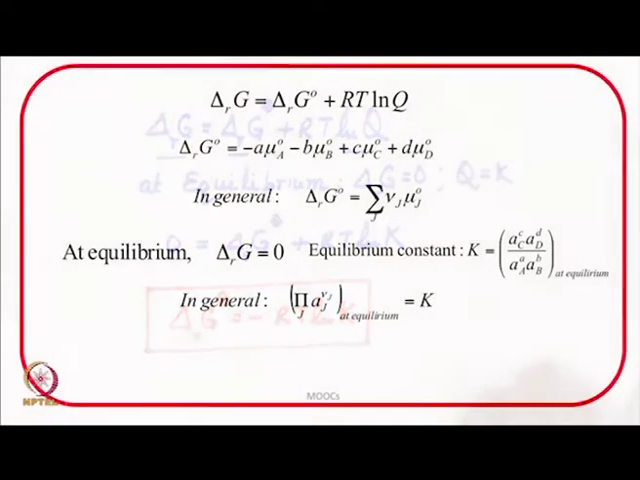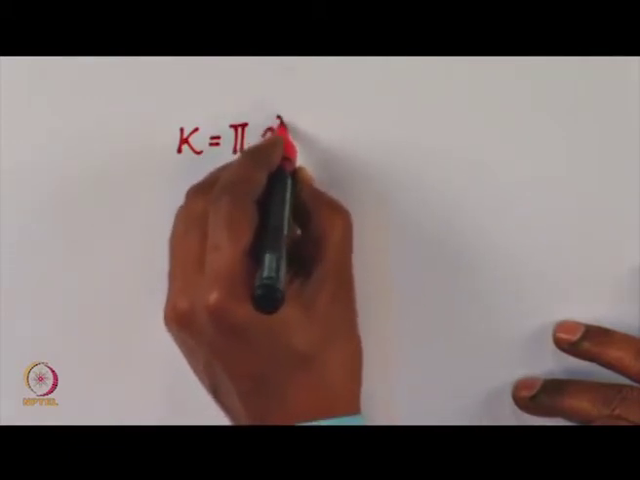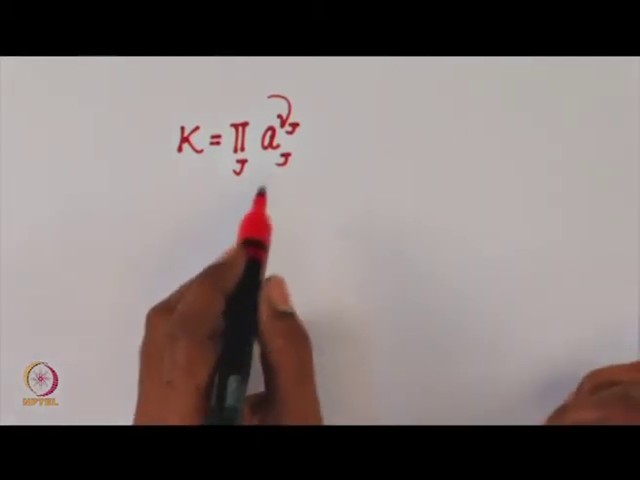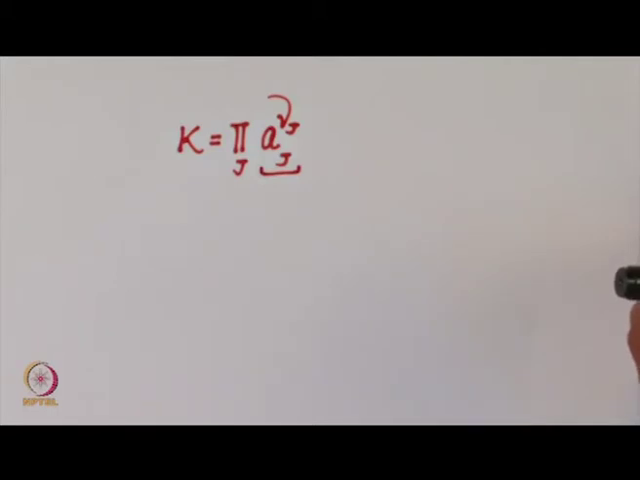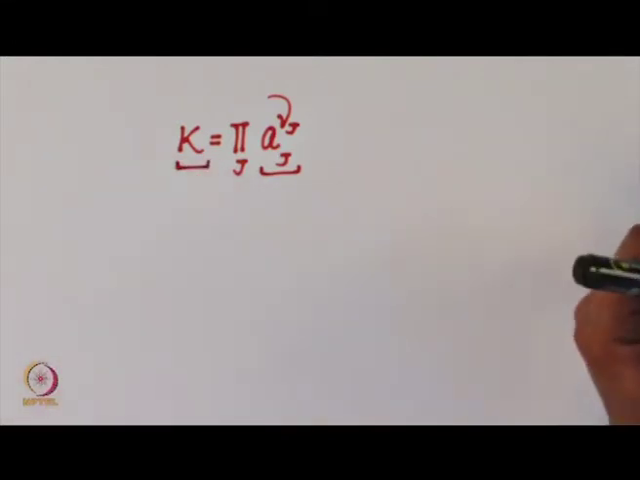And how we defined equilibrium constant? The equilibrium constant K, we got product J, activity of J raised to the power stoichiometric number. Now, one thing to be recognized over here is that these activities are dimensionless quantities. We have discussed earlier that activity is a dimensionless quantity. So, therefore, we do not expect any units for equilibrium constant. This is a very important point which must be understood,